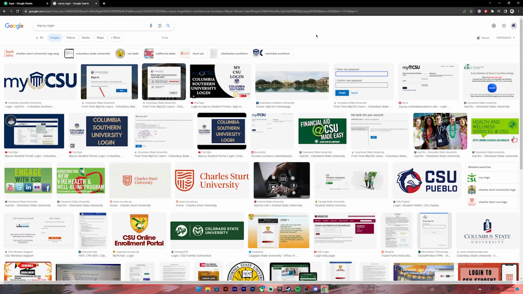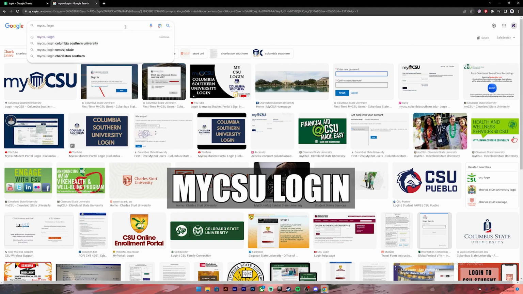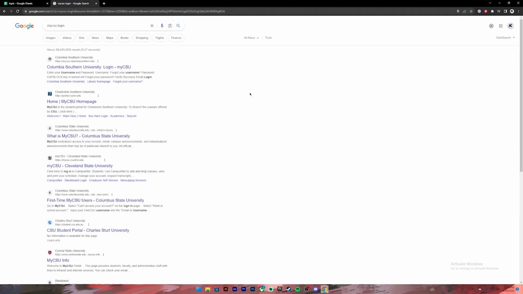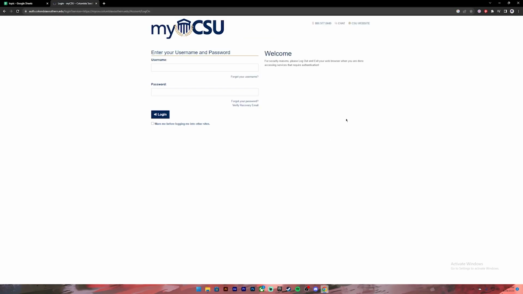Now let's get started. First of all, open your Google Chrome or any web browser. Then on the search bar, type in MyCSU login. Once you press enter, you will see these kind of results. From this, click on the first link where it says Columbia Southern University, and then you'll be taken to this